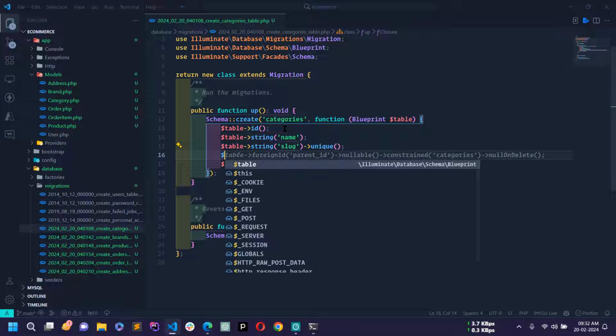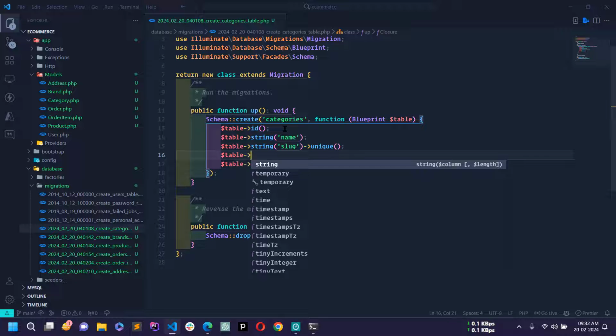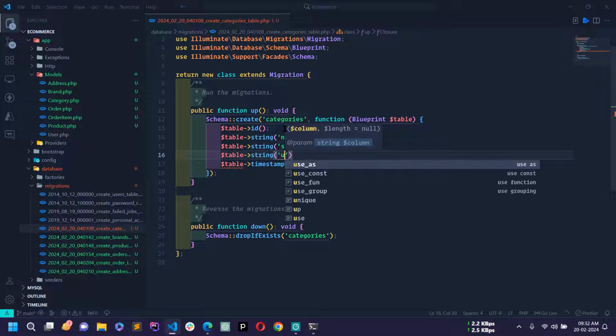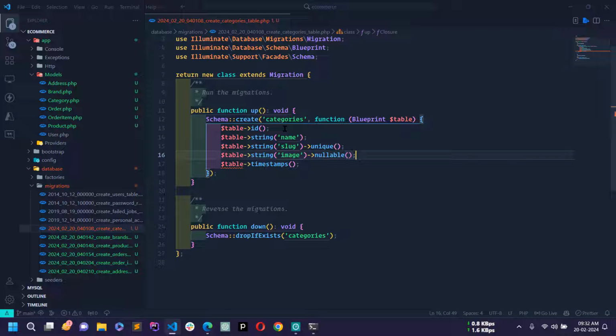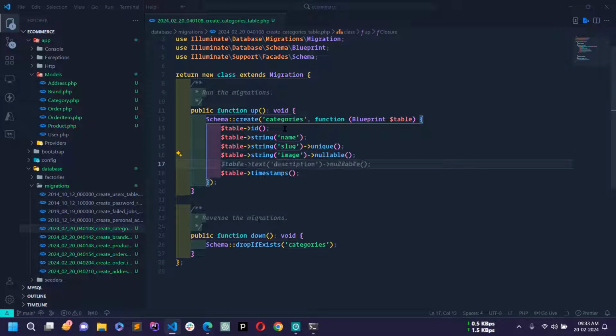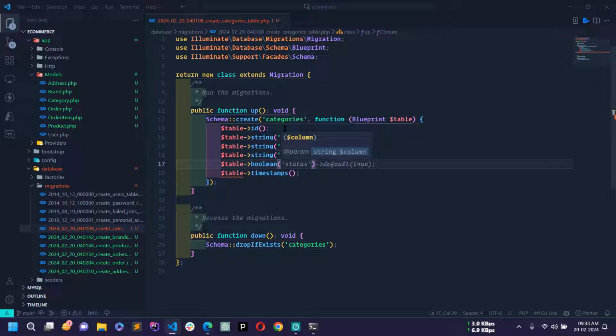And then I will also use table string image, and here I will use nullable for this column. And one more is table boolean is_active,